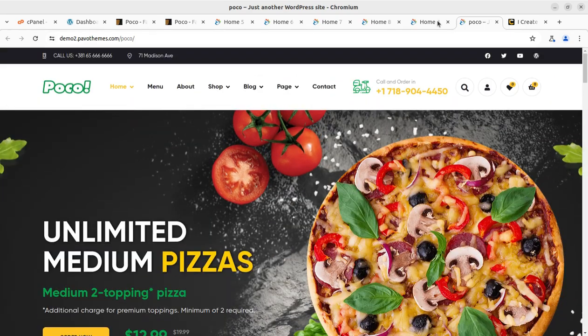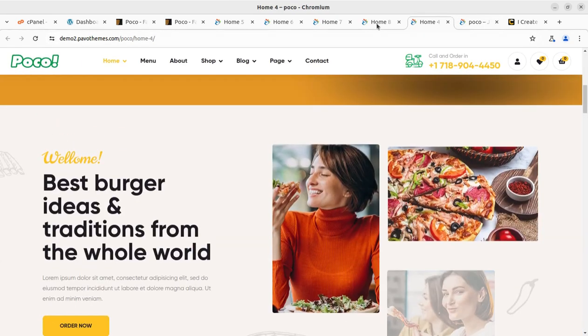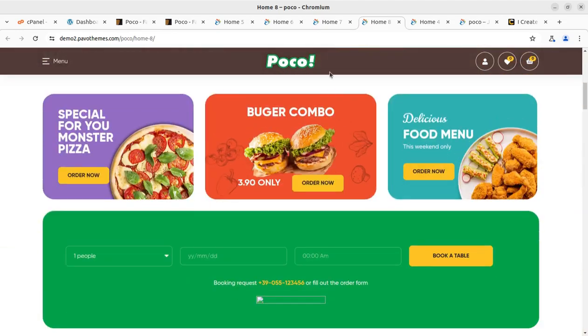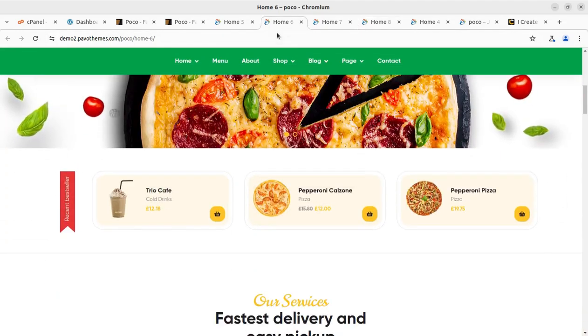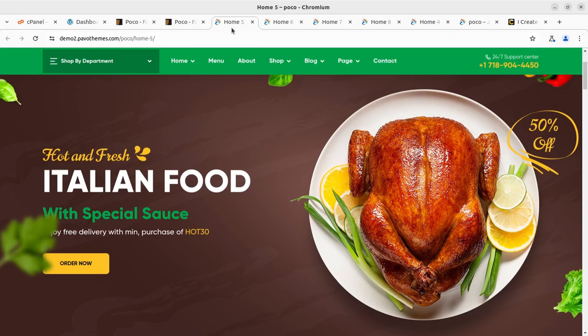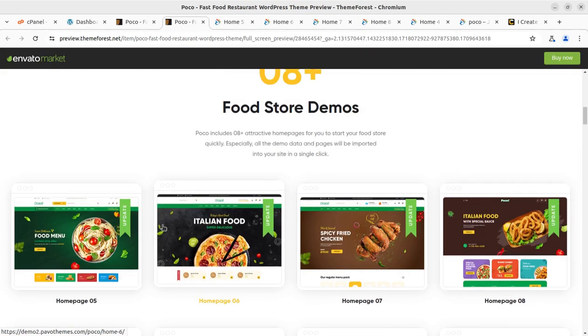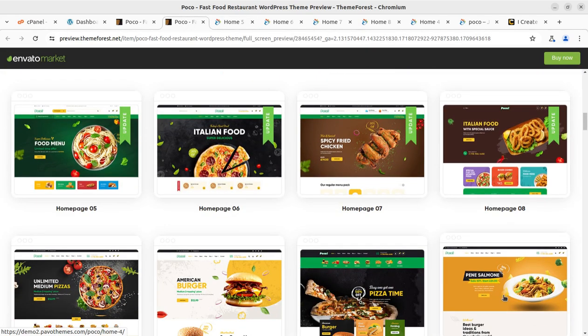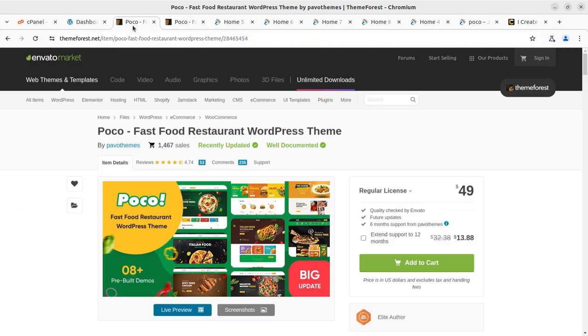So 1, 2, 3, 4, 5 and even more. So I have 8 pre-made websites and the theme that I have selected to create a demo website and overview